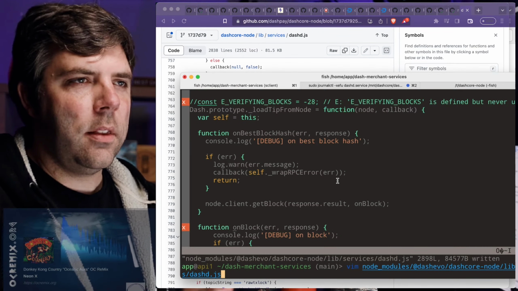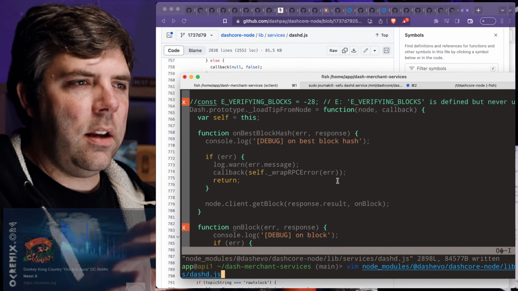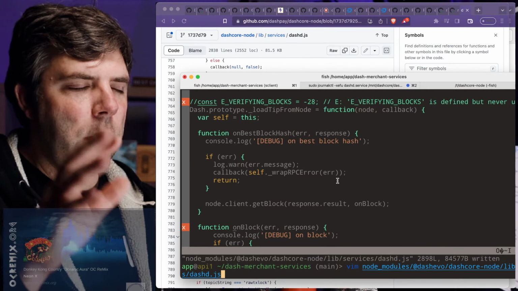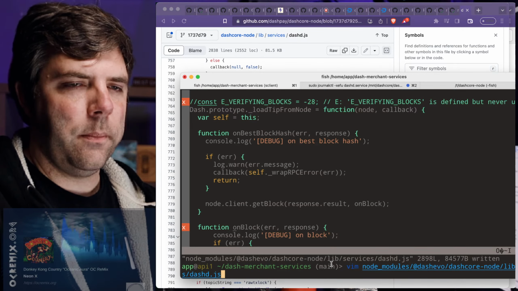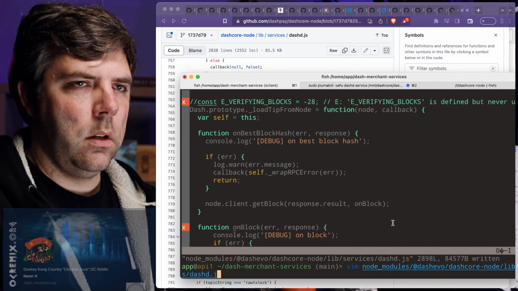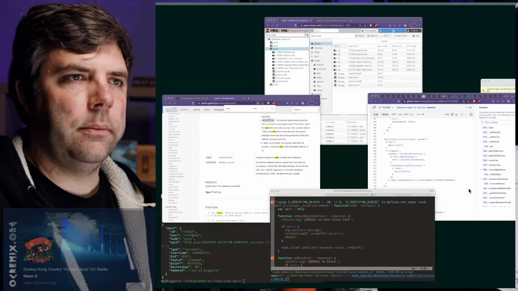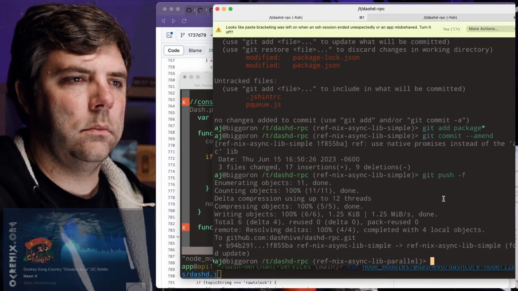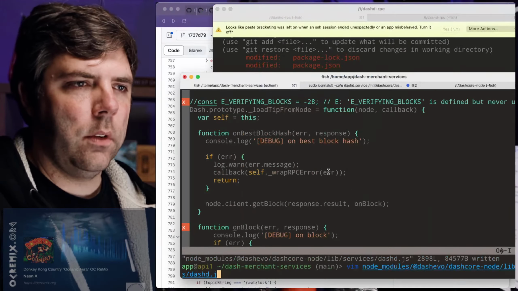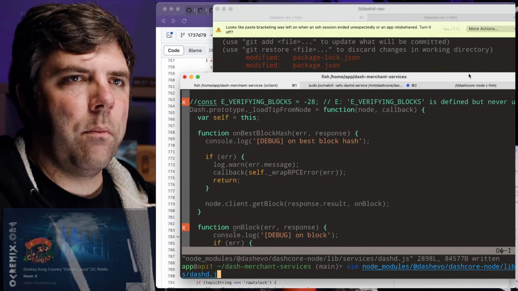Just put the rules for the commas, the semicolons, just put the rules in the code base. Maybe I'll do that now too, actually. Oh, I don't know where that went. No, I'm not going to do it right now.